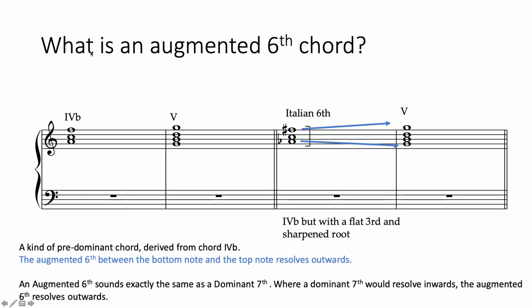An augmented sixth chord is a chromatic variant of chord 4B. So chord 4B we'd expect to be used as a kind of predominant chord, a chord that would land on chord 5. So here's chord 4B to 5. Maybe something like